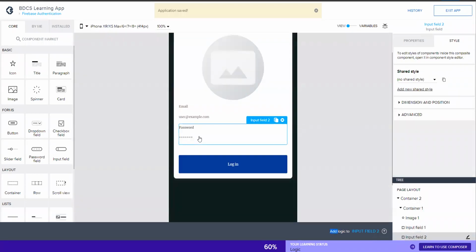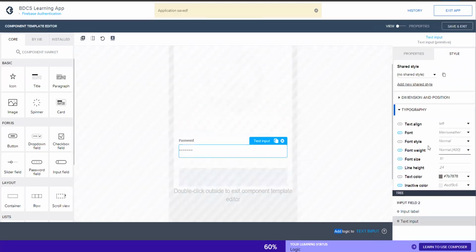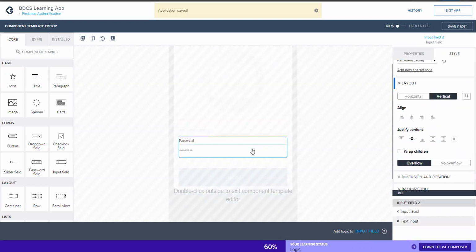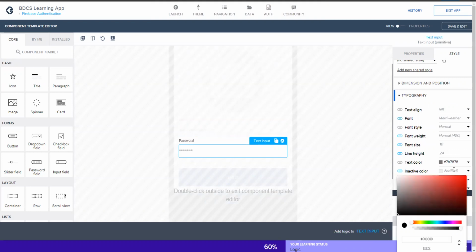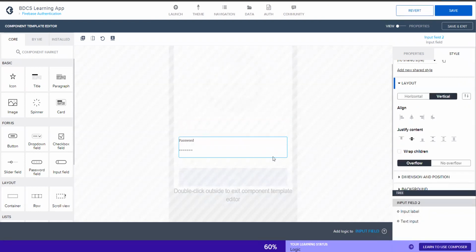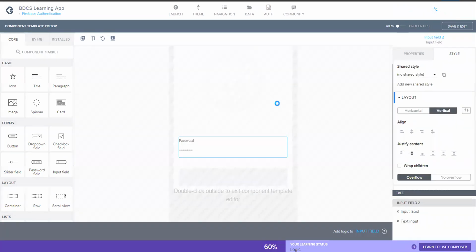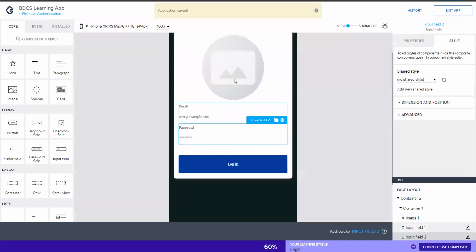So go back in here, go to the focus mode, and even in password, the hex should match. There you go. So you want to put a hash symbol and click on save. So it was because of the inactive colors.